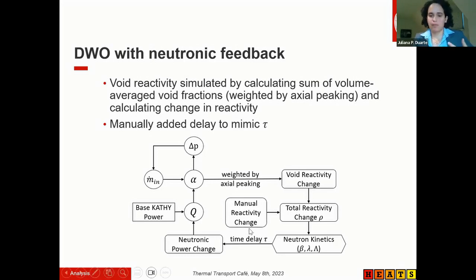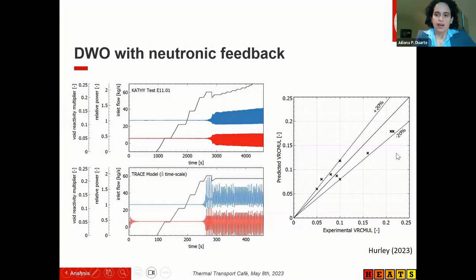There is also a possibility to have a manual reactivity change, but we did not use that, since they did not use that during the experiment. They only change the void reactivity coefficient multiplier during these experiments. And then we analyzed several things, and I summarize here because of the time. The first thing we did was to mimic the experiment by increasing this void reactivity multiplier until we have these oscillations and until we have these instabilities growing,